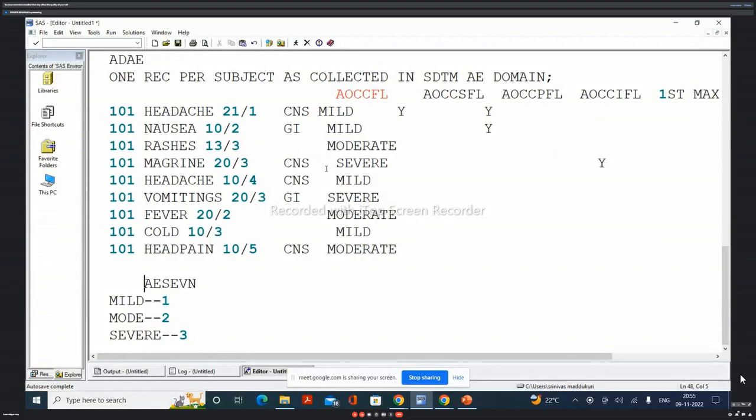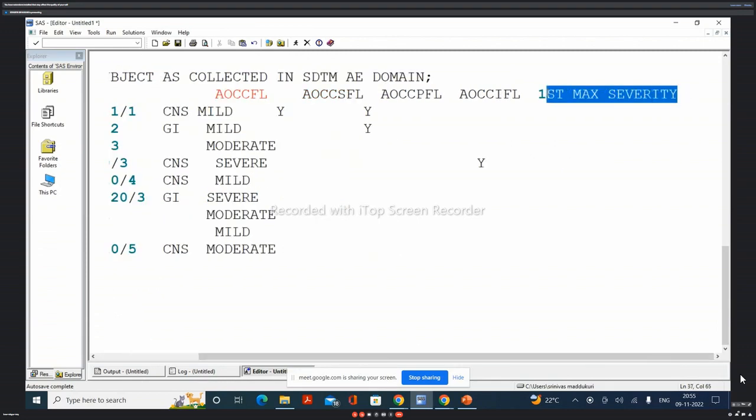But if I sort AESEVN in ascending order, what will you get? The mild one will come first. But highest severity, which one? 3, right? How are we going to do that now? Descending. We should sort it descending, and descending is the best option. Understand this one? Then the next one that we are going to have is AOCC